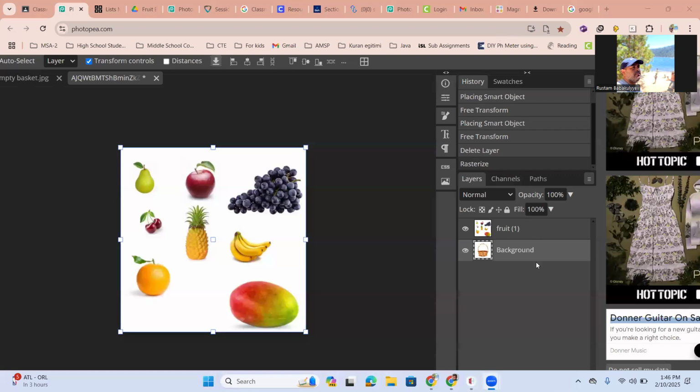All right, so now next step, you see this background basket? We want to uncheck this. Make it invisible by unchecking this eye. Okay, now next step, I'm going to click on this fruit layer. I want to get rid of the background color, which is white. Since they're all in the same canvas, the best way to do it is using